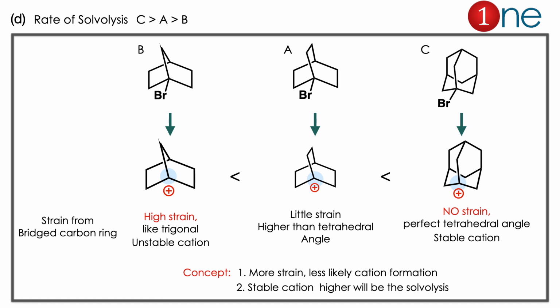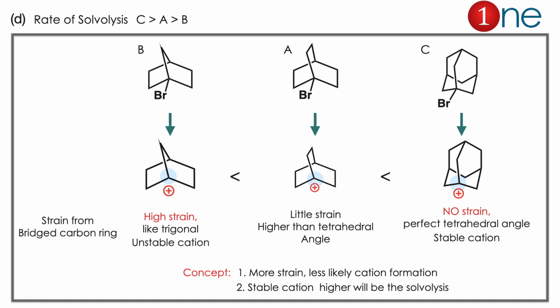Let us analyze one by one. The compound is losing Br and it undergoes solvolysis. So we have to find how it undergoes solvolysis in the next step. Here we have to analyze the intermediate, which is a cation. Here the reaction is dictated by the strain in the cation. If you look at structure A, the bridged carbon is 3-1 and the bond angle is very much strained. It's like trigonal, very high strain. If you look at B, it's a little bit strained because of its 4-member ring. C is the adamantane system, it's all tetrahedral, so no strain, perfect tetrahedral angle, so a stable cation.